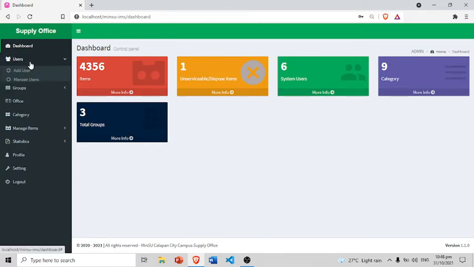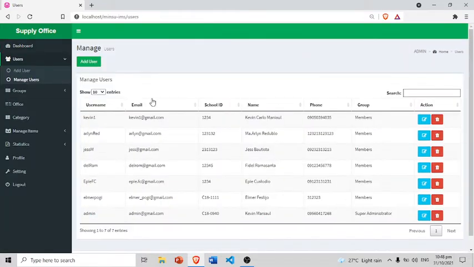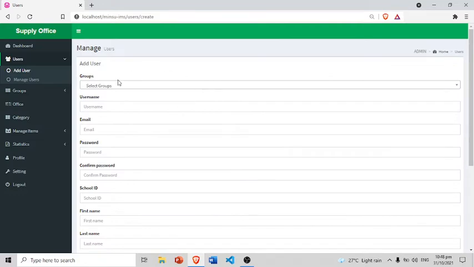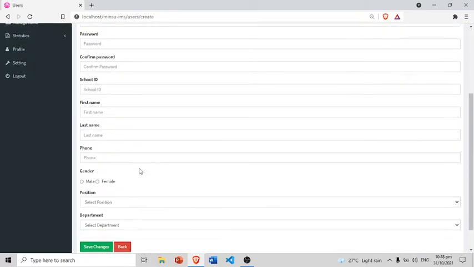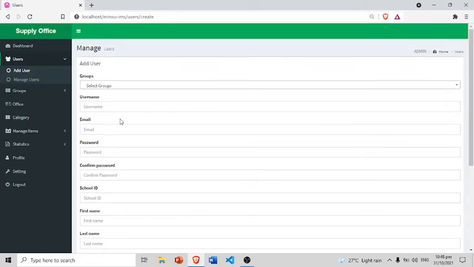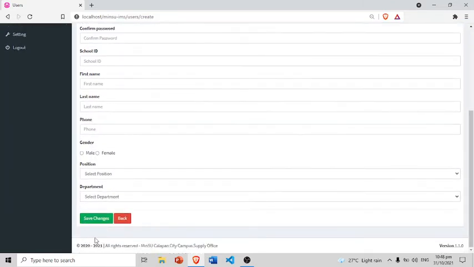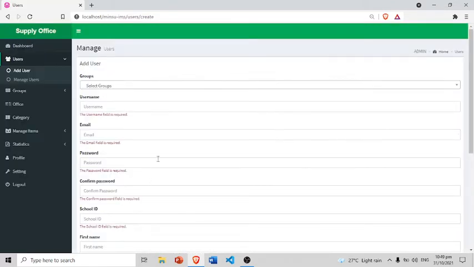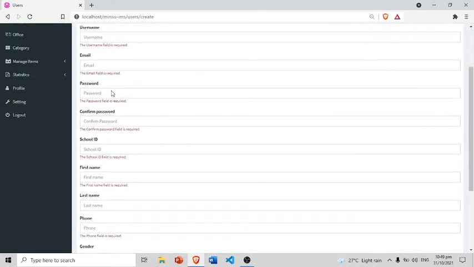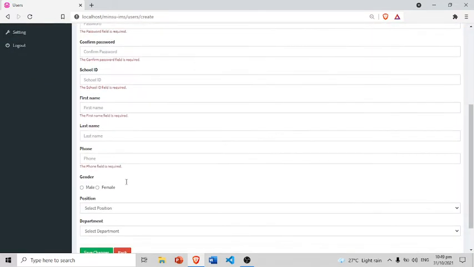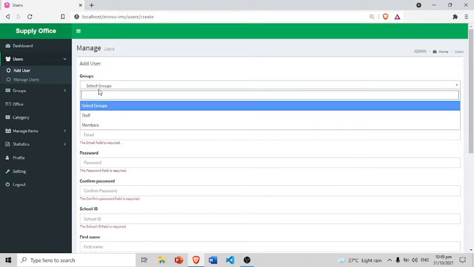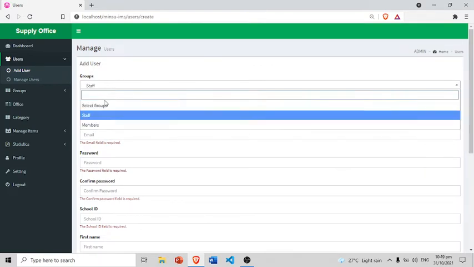Here the users button, the admin can manage all the users, view the users, for example adding some users. Here we have some form validation. For example, we do not input anything in the text boxes. Click save changes. Then some form validation will be shown. Example, we have to insert data, members,